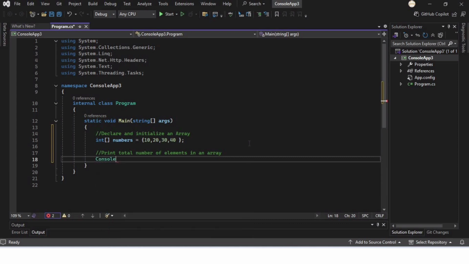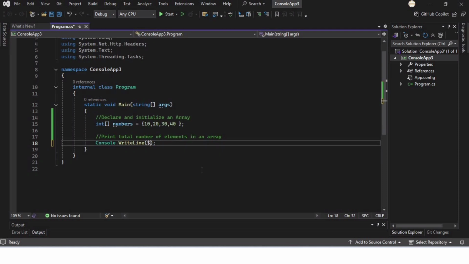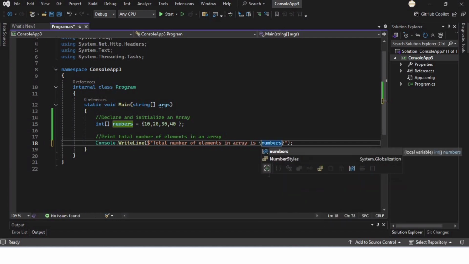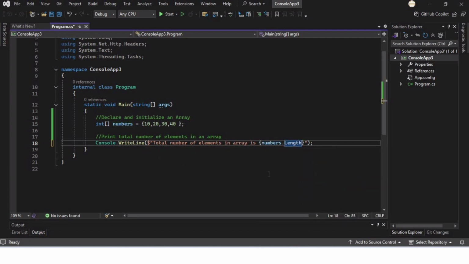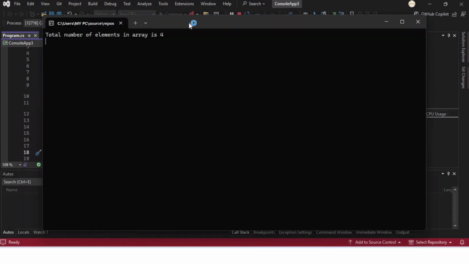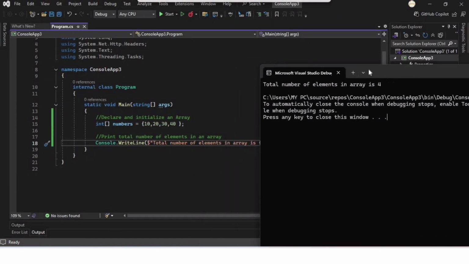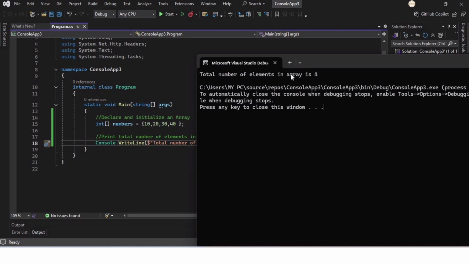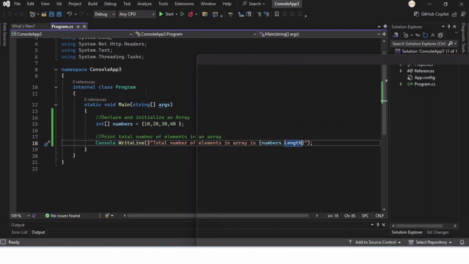Now let's print the total number of elements of an array. We know that there are a total of 4 numbers inside this array. So let's write Console.WriteLine in order to print, and I'm writing here the total number of the elements inside this array is, and inside these curly brackets I'm writing numbers.Length. Numbers is basically the name of the array, so we write numbers.Length in order to print the total number of elements of an array. So here, as you can see, the total number of elements inside the array is